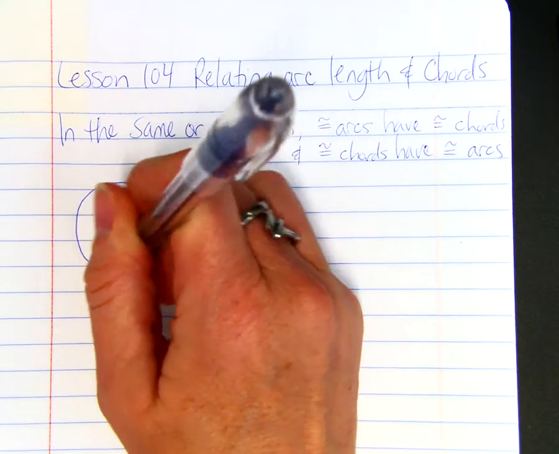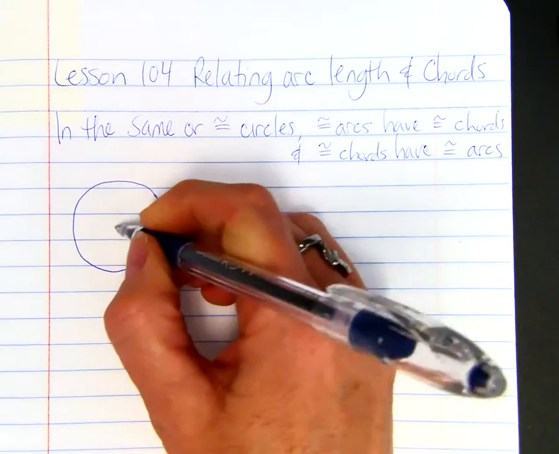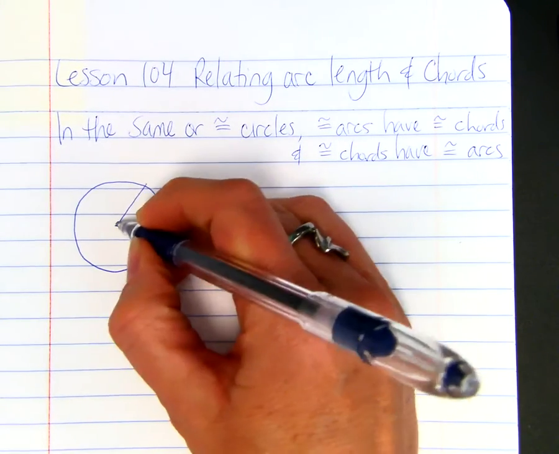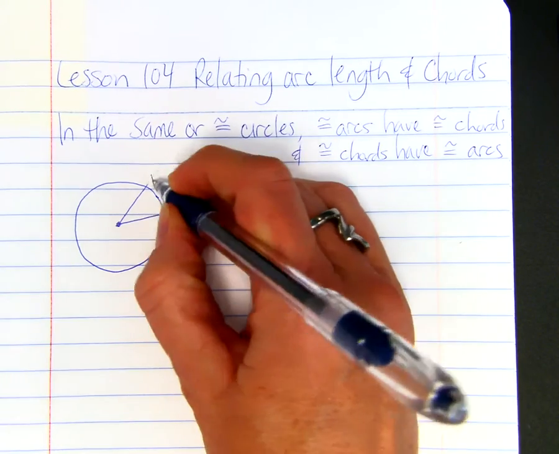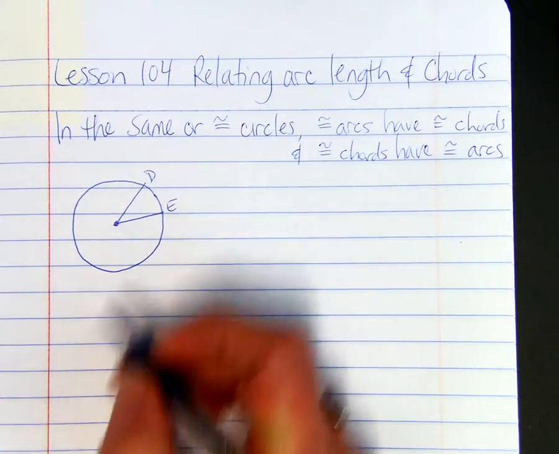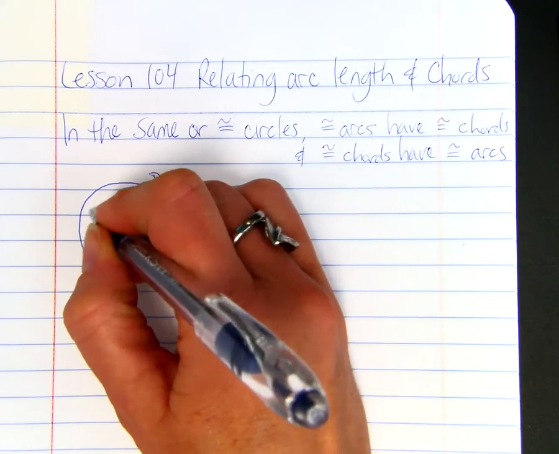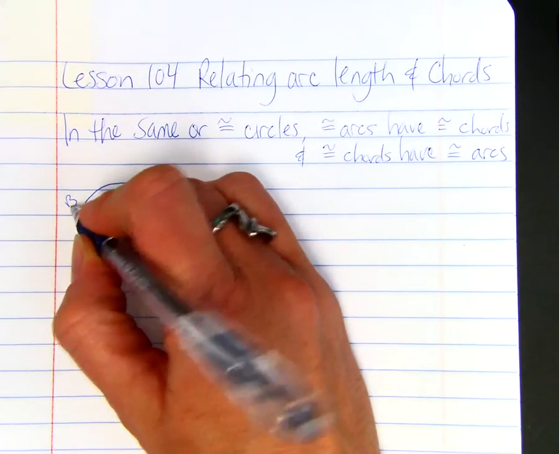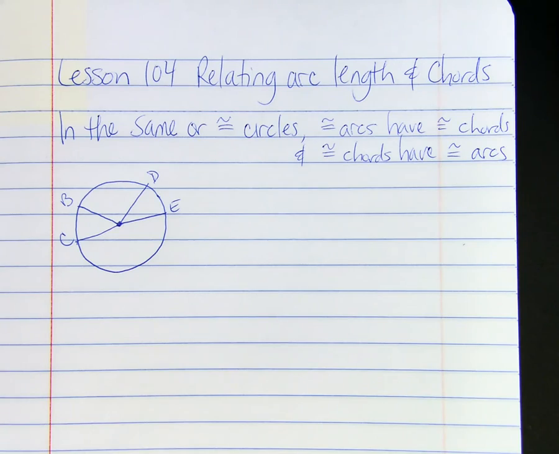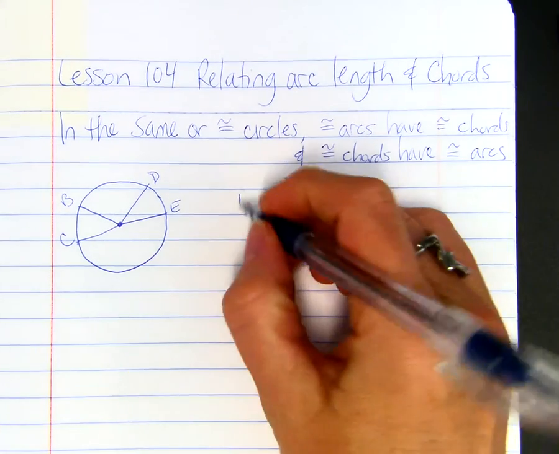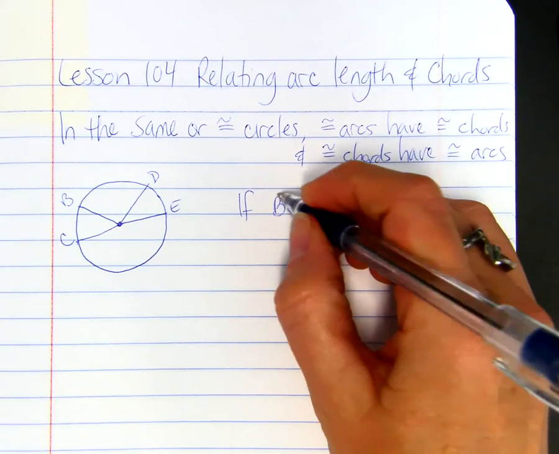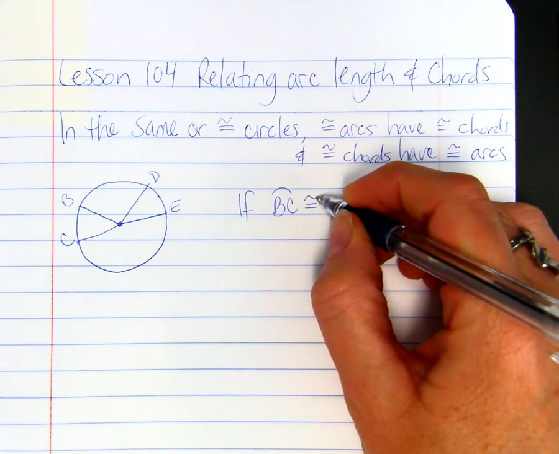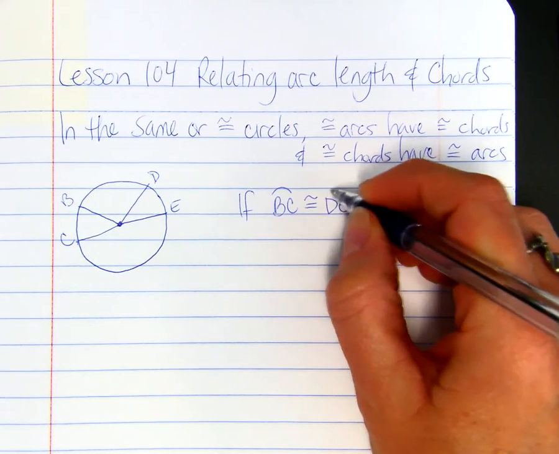So if you draw a circle, the center, and we have an arc DE and an arc BC. So if BC is congruent to DE,